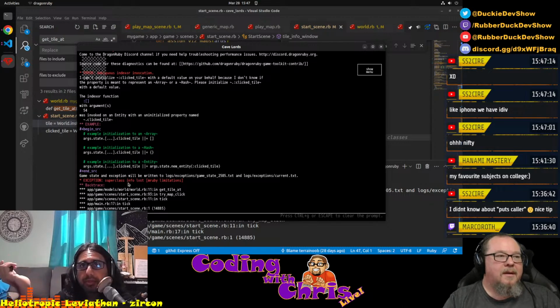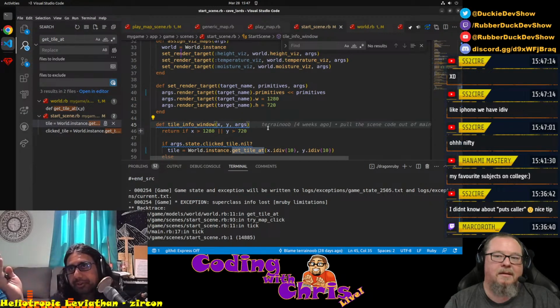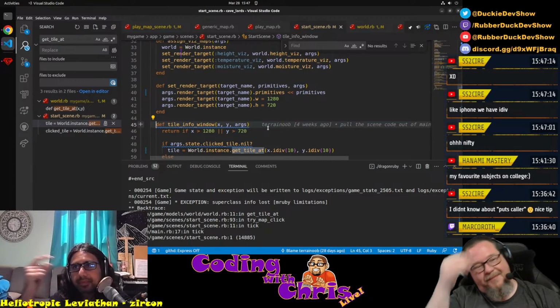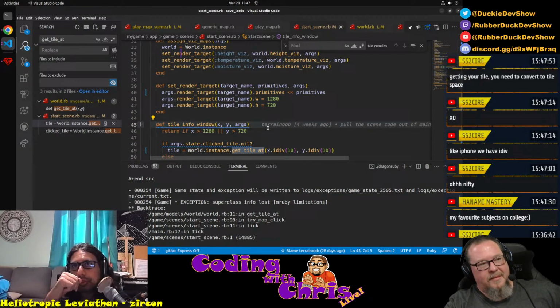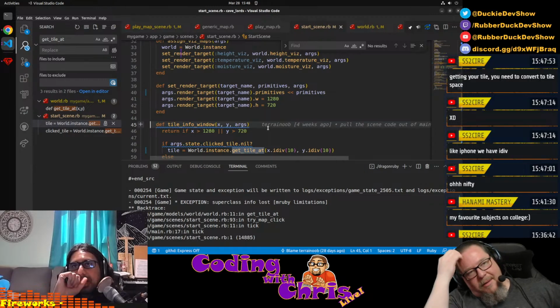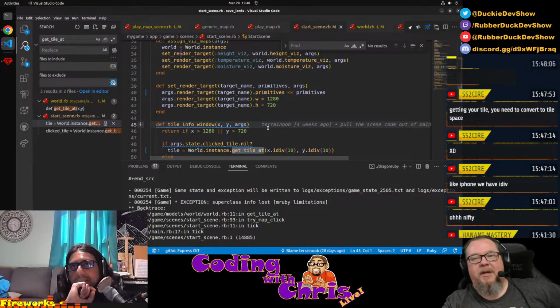We can dig into the performance aspects of the map generation if we want to take that segue, or we can scale the render target up and try to get the smaller map rendering. Choose your adventure. Well, yeah, I'm thinking we want to get this performing better or figure out what that is, because otherwise it's